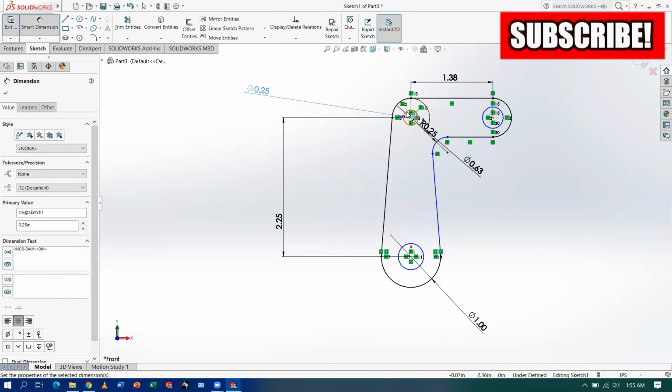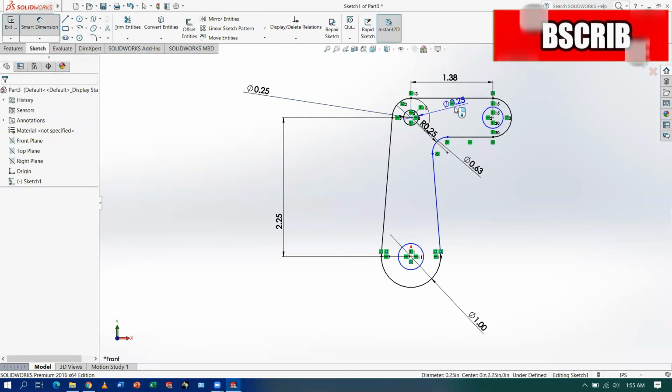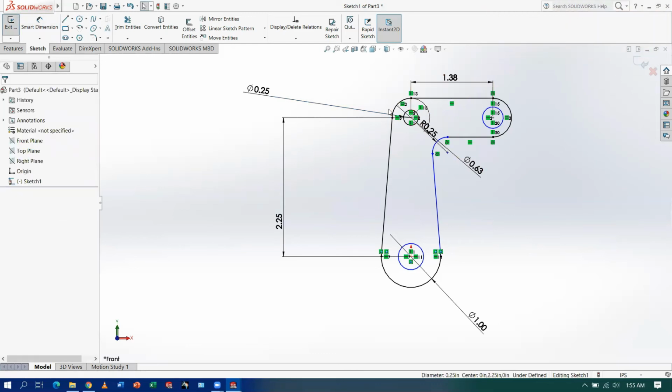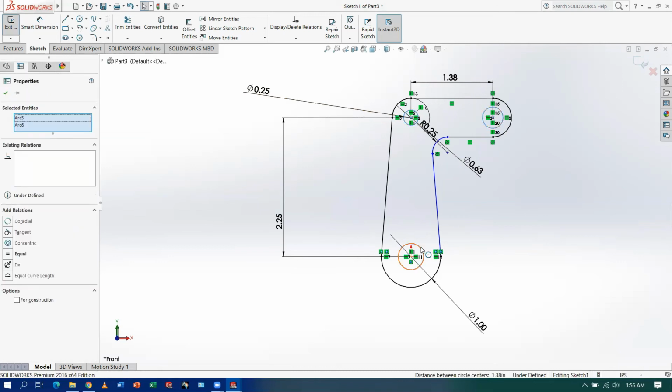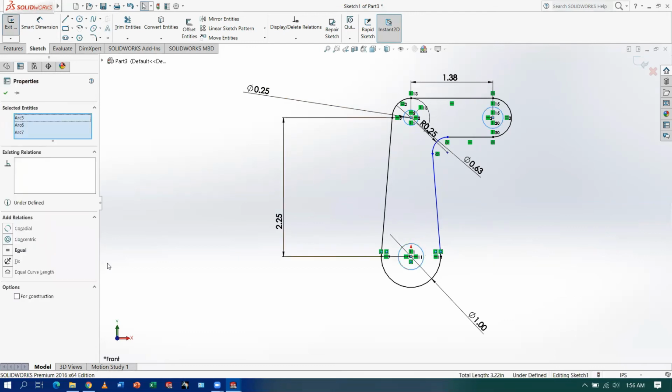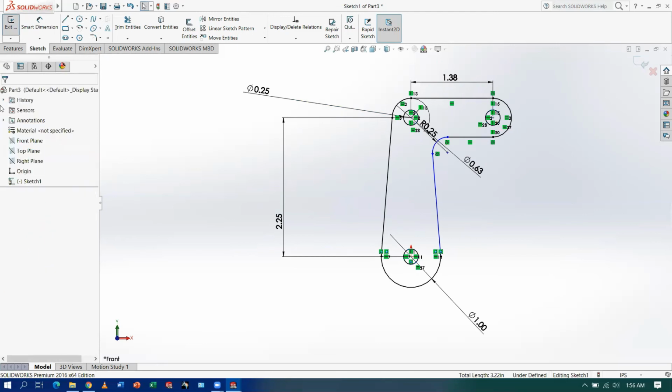Control. Okay. Select this circle. Select this circle. Done. Okay, the two-dimensional model has been created.